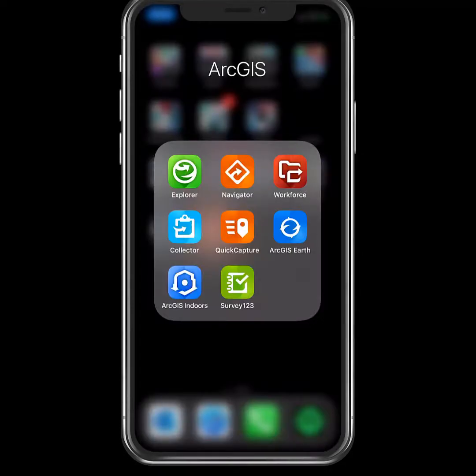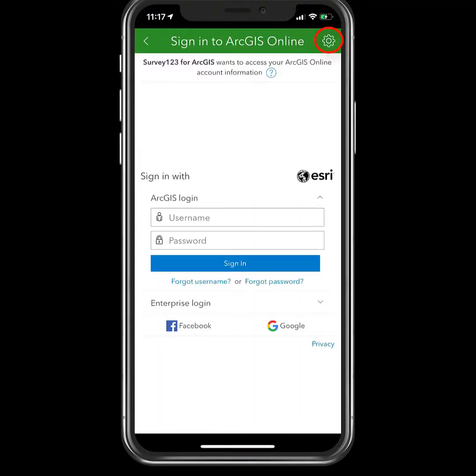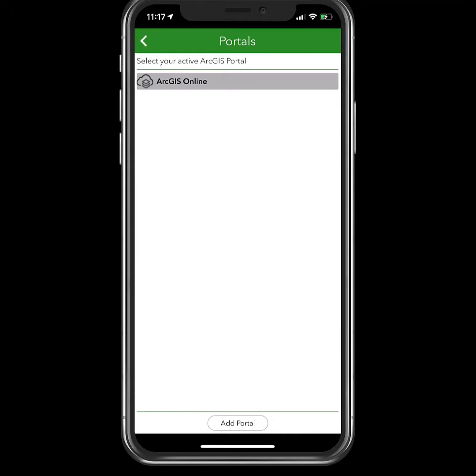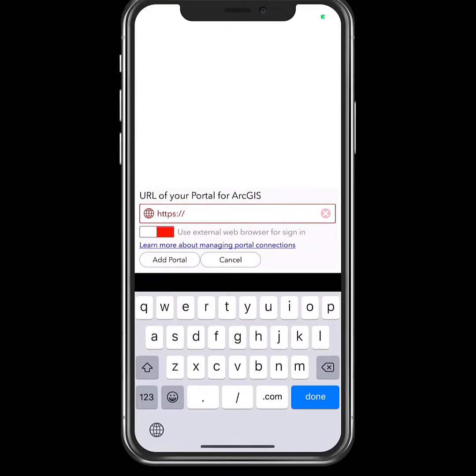After the application is downloaded, users will need to log into the System of Engagement environment to access the EDA curve ramp mobile application. Launch the Survey123 application, select Sign In, and use the settings icon in the upper right-hand corner to add the System of Engagement ArcGIS Enterprise portal to Survey123. At the bottom of the screen, you will see a button that says Add Portal. Select this option, and in the URL box, enter in